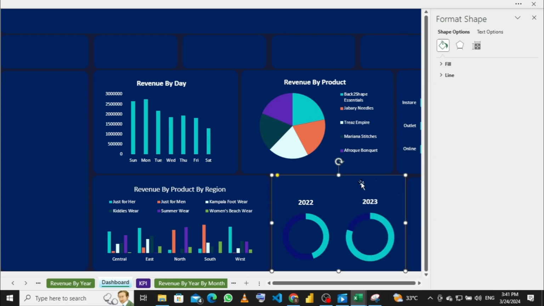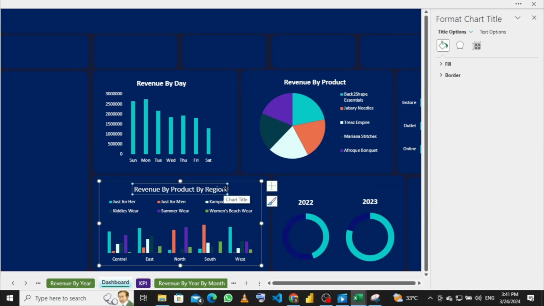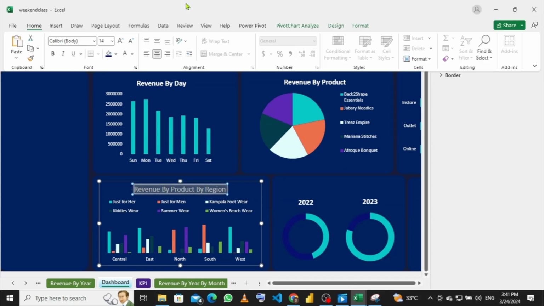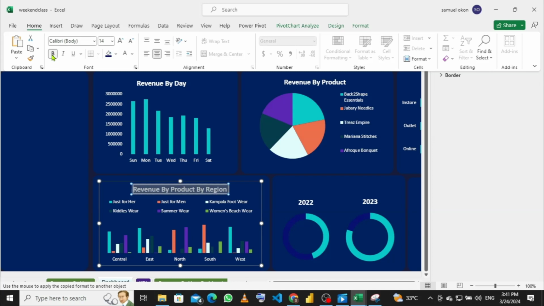Okay. So we want to write our title for these two charts. It's going to be revenue by year. Let me select this. I think this one is not bold. In this case we want to bring in our text box to write revenue by year. We'll go to insert,